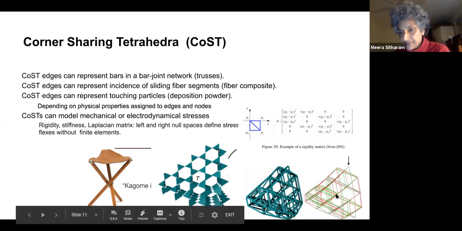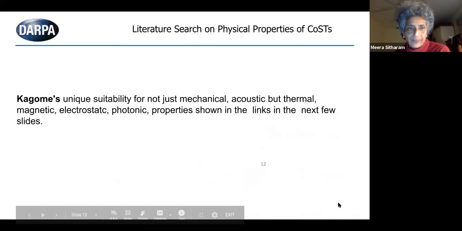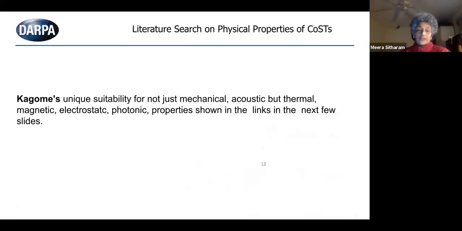And then we just did this very simple stress computation to show you where the compressive and the tensile stresses are. The greens are the tensile, and the reds are the compressive stresses. It just shows the signs. Okay, so the reason we chose corner-sharing tetrahedra, we did a literature search on the physical